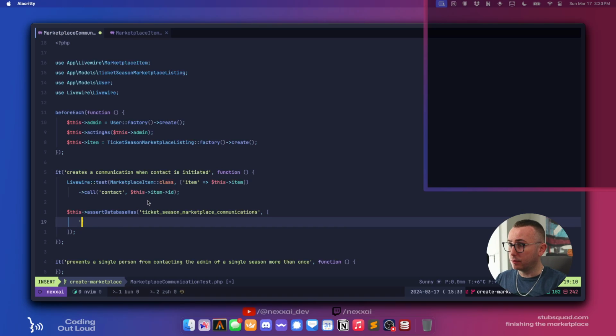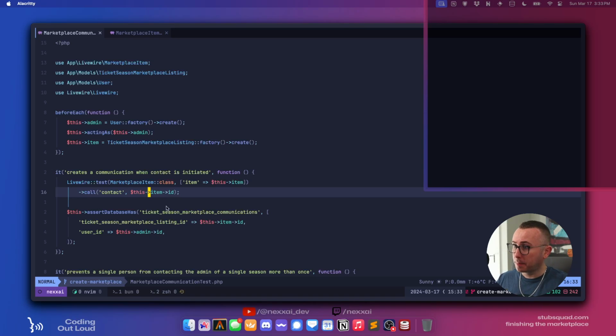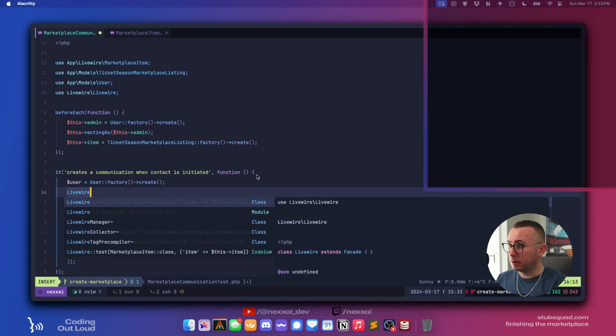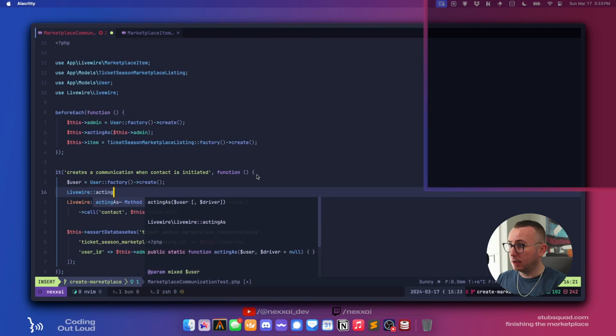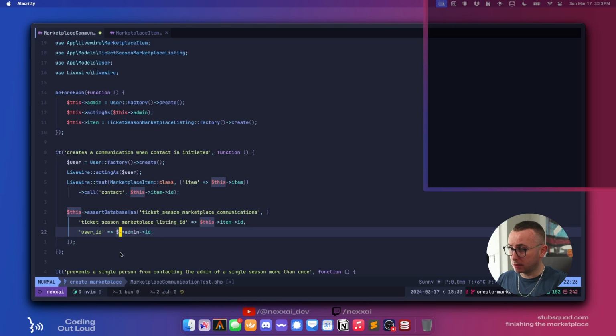So we're going to look for the ticket season marketplace listing ID. Yep. And the user ID. Actually, let's go like this because we want a user, not the admin. So we want user factory create. We want to say Livewire acting as user. And so then this now becomes user ID. Okay, so a bunch of this is going to fail.